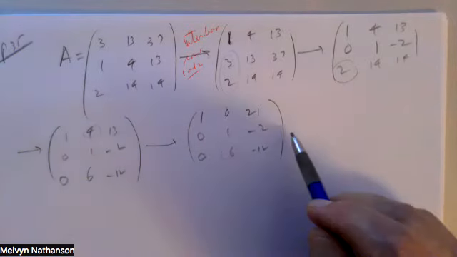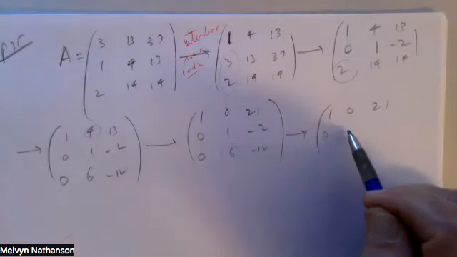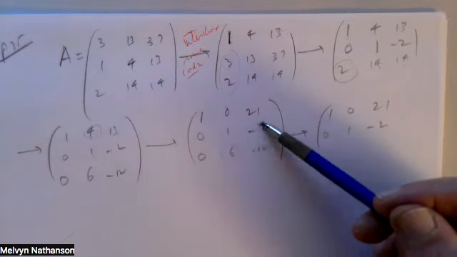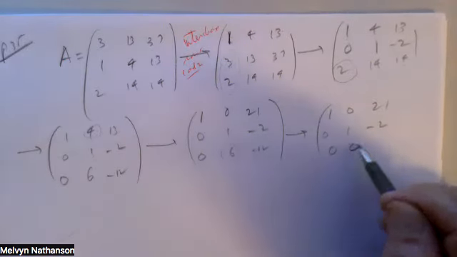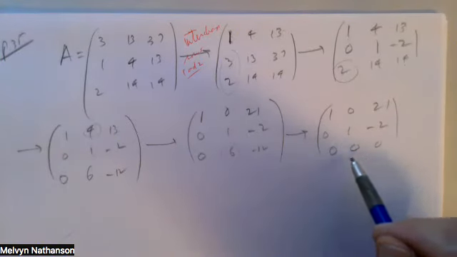Then I want to get a 0 here. 1, 0, 21. 0, 1, -2. If I subtract 6 times the second row from the third row, I get all zeros. It's pretty good. And now this matrix is in